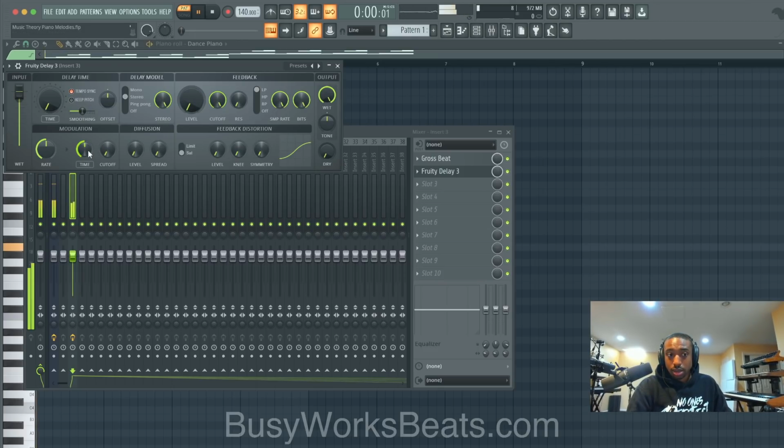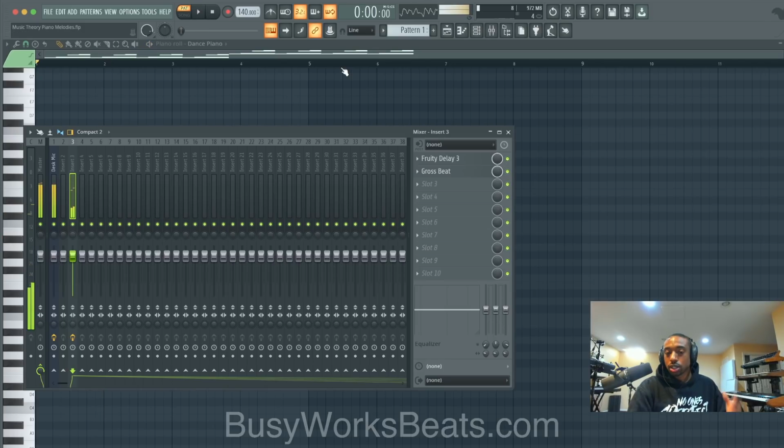time modulation knob. It adds a pitch wobble effect. I'll exaggerate it so you can hear it. So I'm adding a little bit more. Now the cool part is we can use our mouse wheel to scroll and it will move that before it. And it will slow down the pitch wobble.